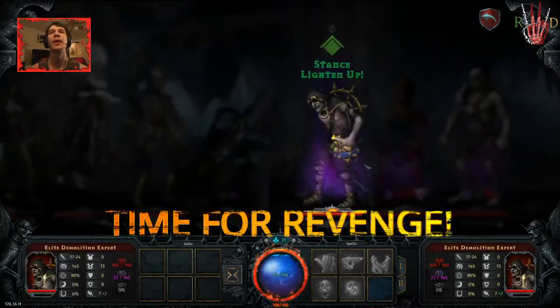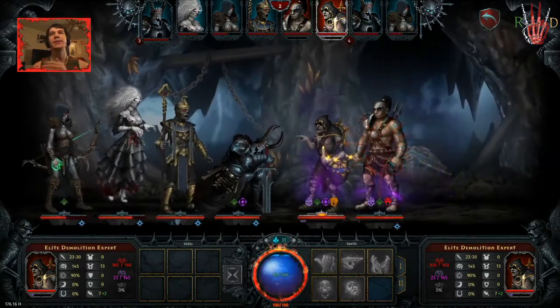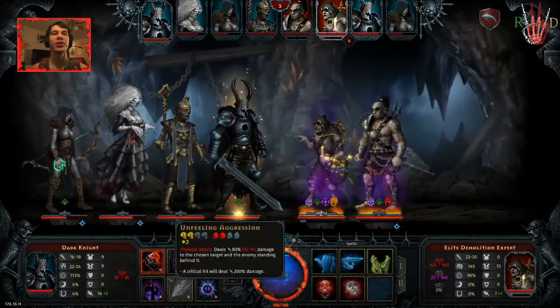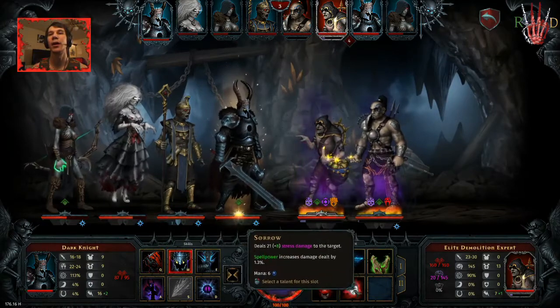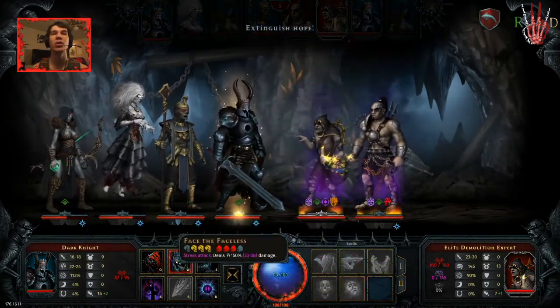No. I think that was all the chances we had. Yeah, she's going to get away now. Unless she dies. Oh, that's really bad. Yes! Super good. I actually think we have this. We're going to sorrow you. And then hit you with a huge...